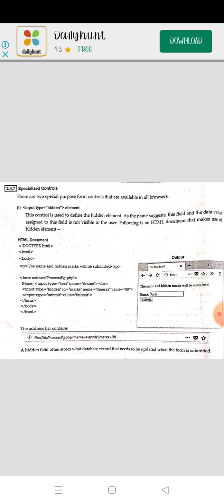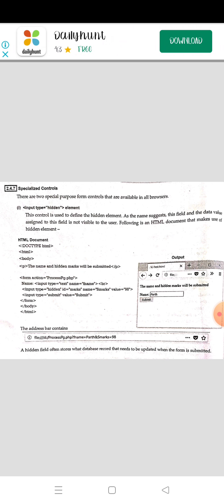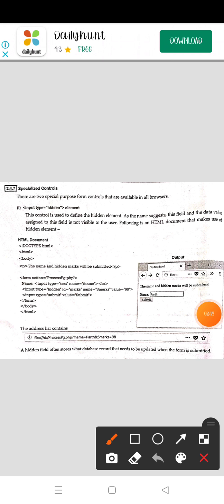In the address bar we can see the file name, process pg.php, then fname is equal to the name we gave here. After submitting, you will get this path in the address bar.